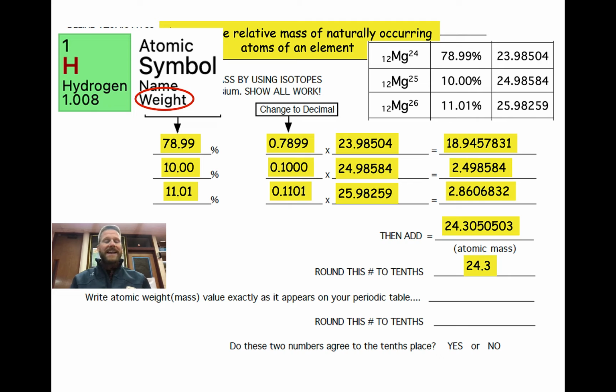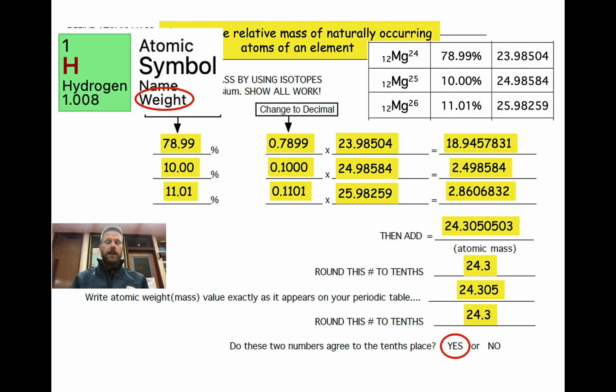So if I look up magnesium on my periodic table, I would see it has a mass of 24.305. If I round that to the tenths place, I get 24.3. So the value I calculated by using my abundances and the actual masses of the isotopes is equal to the mass that I got on the periodic table. That's pretty dang good. But the masses on the periodic table come from an average of all the different isotopes